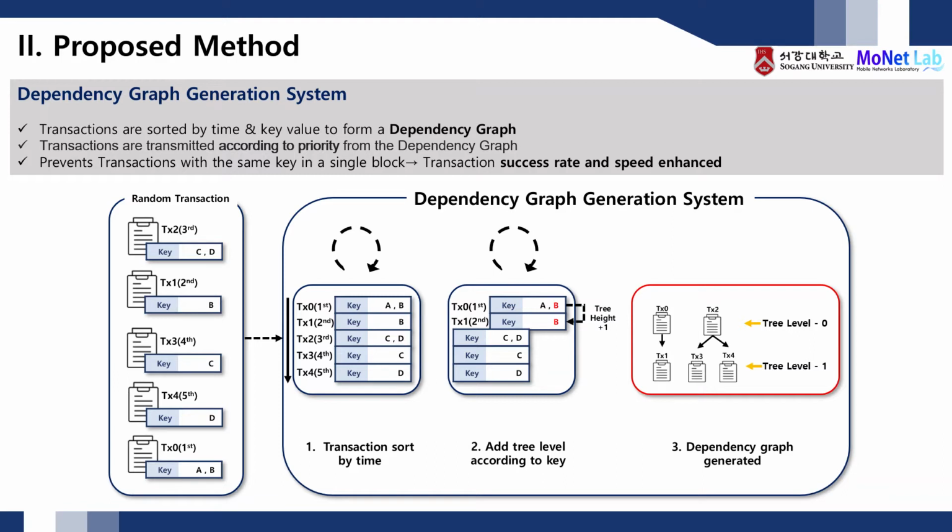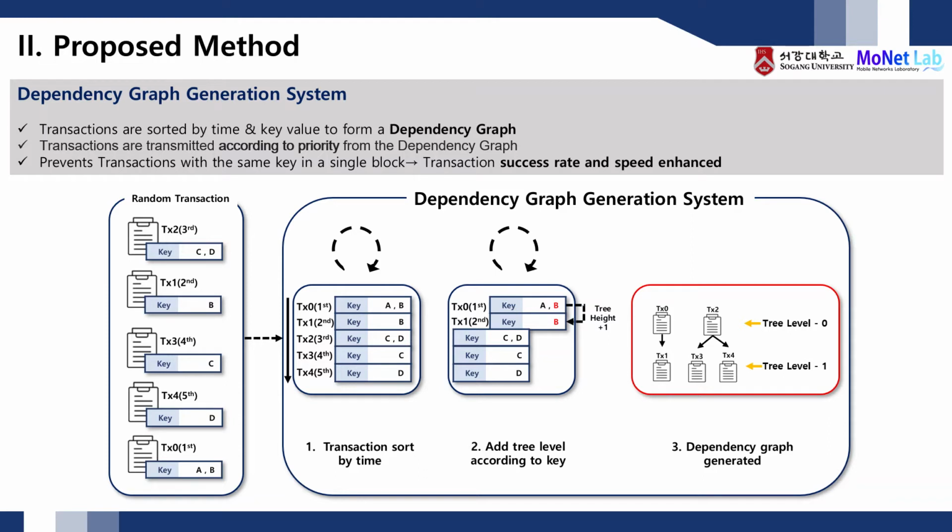We can see how all the transactions are aligned in number. Then to form a tree structure, we add tree levels to transactions that have identical sets of key values. On the slide, we can see transaction 1 has increased in tree height since it shares the same key B. After the sorting process, all transactions will eventually form a tree structure where each tree level is a division